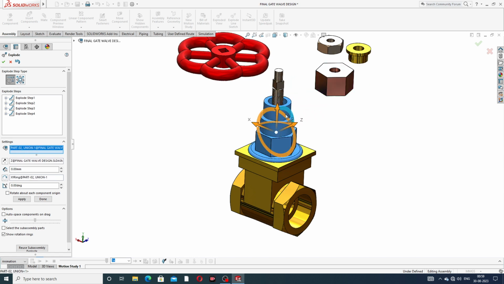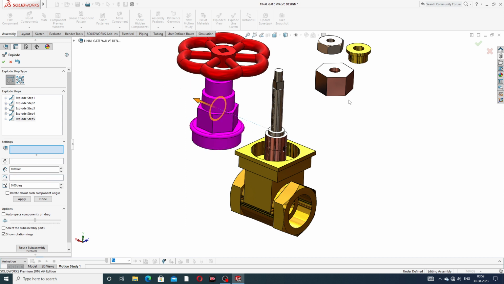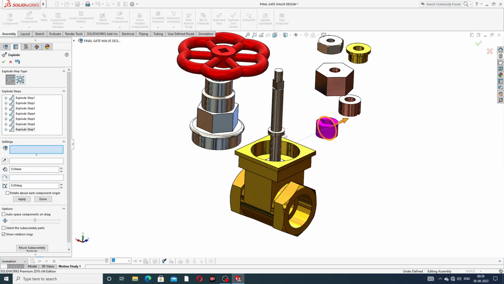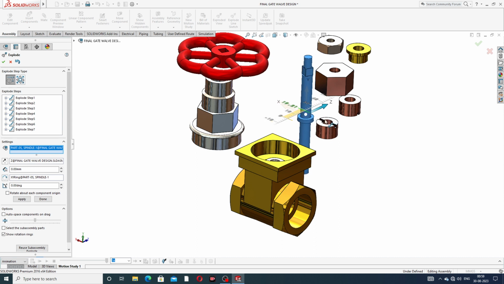Okay, this is perfect and correct. And these small parts are dragged here. Okay, and this spindle is perfect.